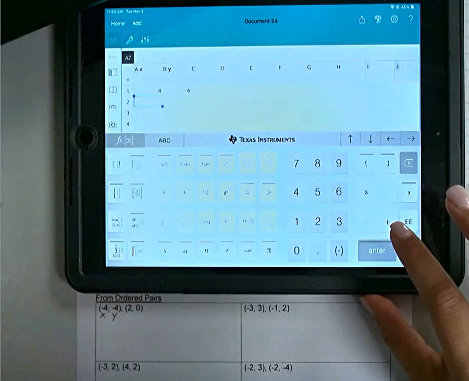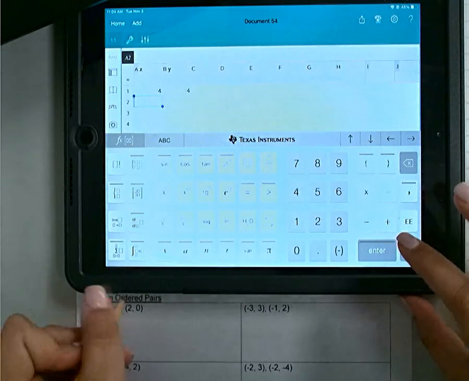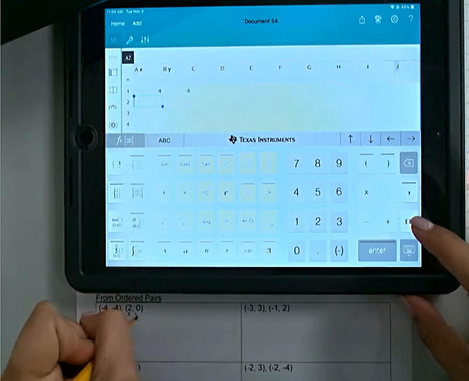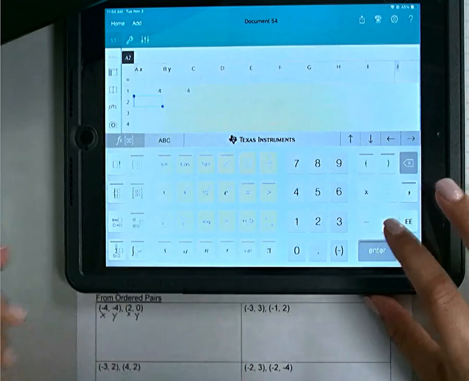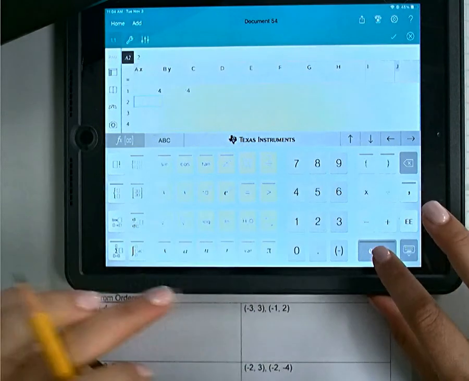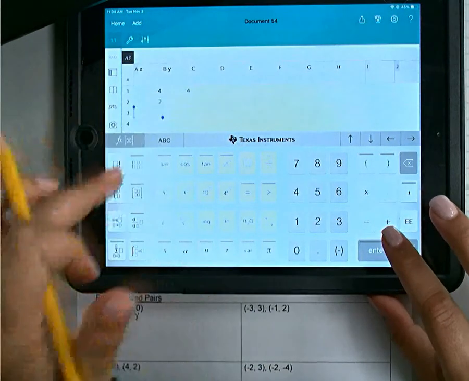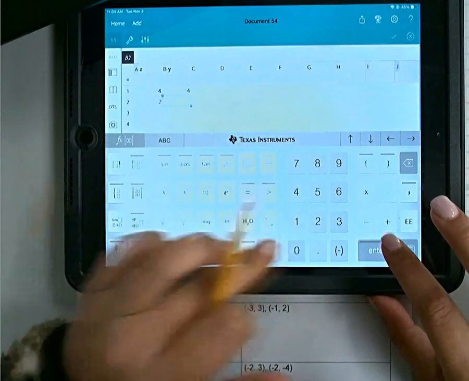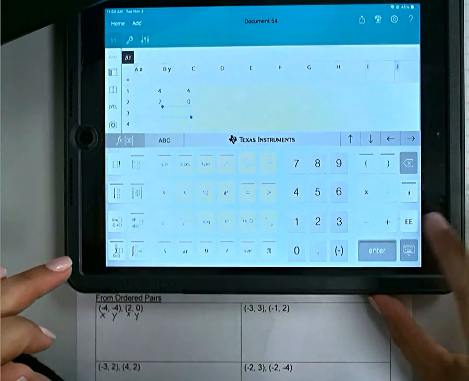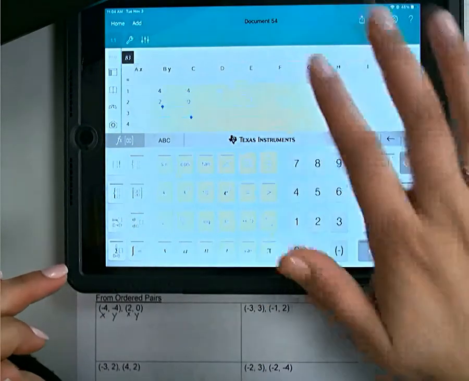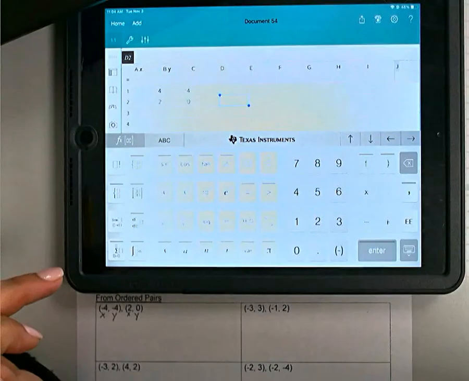Now my second point is 2, 0. The 2 is my X. The 0 is my Y. So I do 2 and hit Enter. I go over to the next one, I hit 0, and I hit Enter. Now that I have the